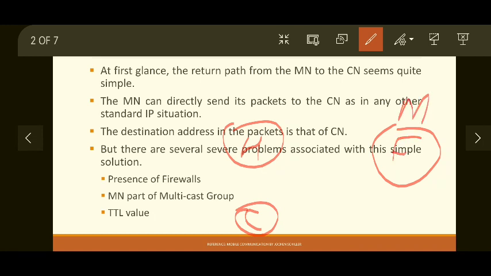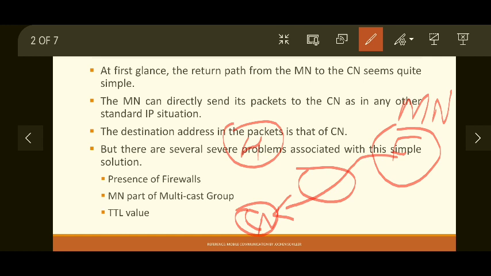So the mobile node is in the foreign network. When the mobile node wants to send a packet to the correspondent node, it can directly send the packet via the internet to the correspondent node. Now at first glance, this return path from the mobile node to the correspondent node seems quite simple.